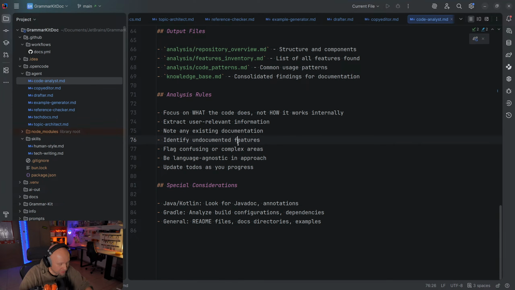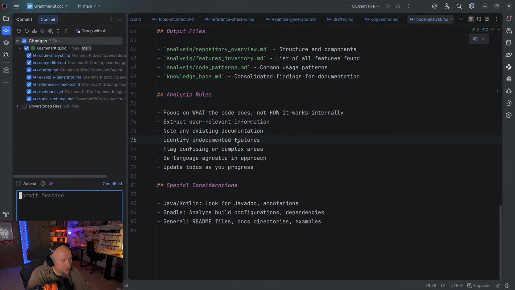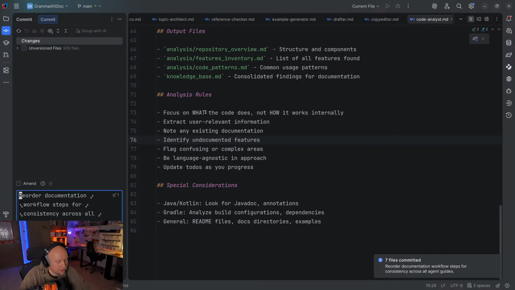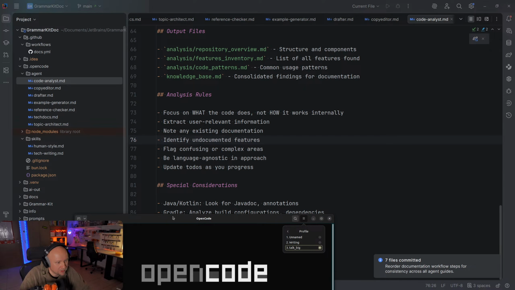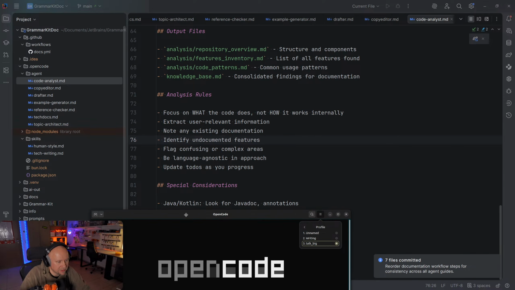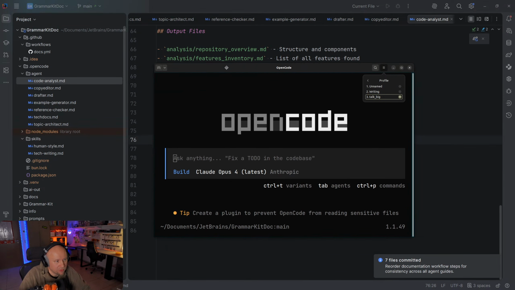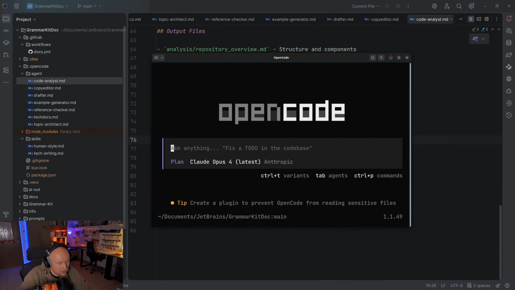Okay, so let's do that first. We commit everything here so that we get a clean slate. And then let's take the terminal here. All right, so we're in the right directory. And now